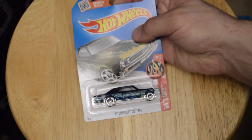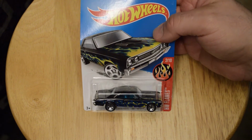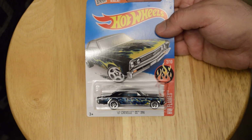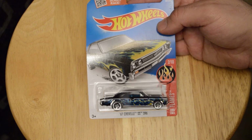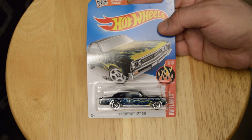And we have a 67 Chevelle SS 396. My dad had a Chevelle 69, not an SS, but it was definitely fun to drive. 350 engine in it. Even 350 is a huge engine. So,